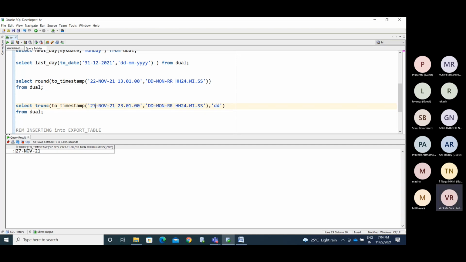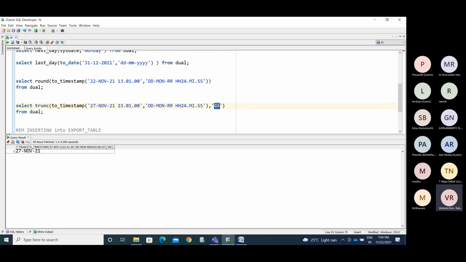Whatever day you are passing, the 22nd, 23rd, that will display the same as is.